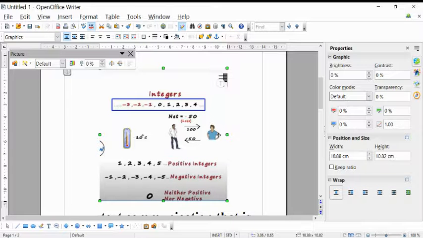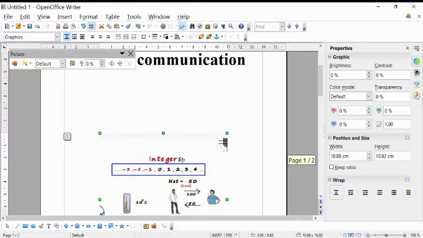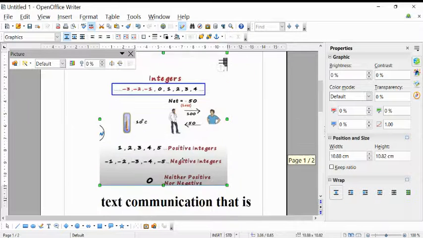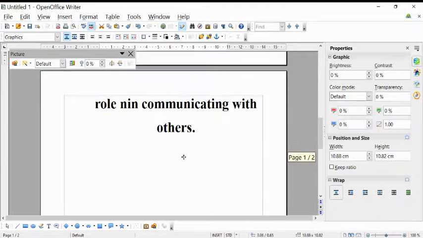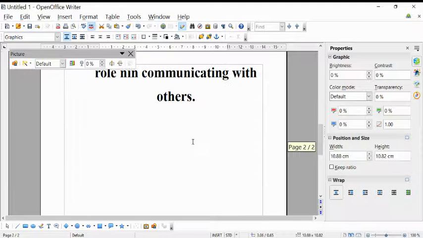Okay, so if you want to copy that picture, or else if you want to copy the text, you are going to use Ctrl C. If you want to paste the same thing, Ctrl V is used, and if you want to cut, Ctrl X is used from the keyboard. So these are the keys which are used for cut, copy and paste. So this is all about how to give a line spacing, how to give a paragraph spacing, how to find and replace, and how to cut and paste.